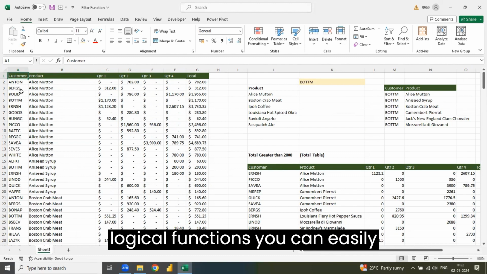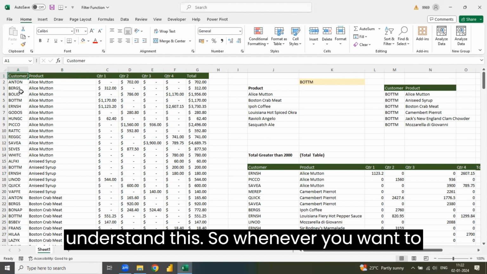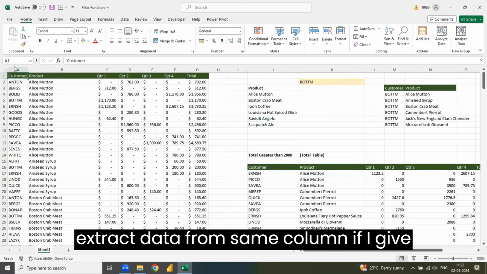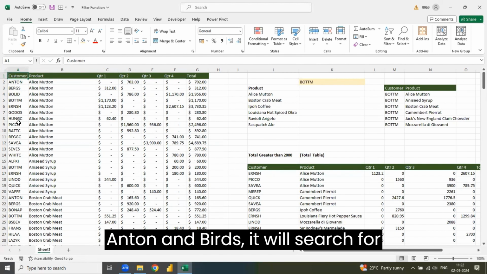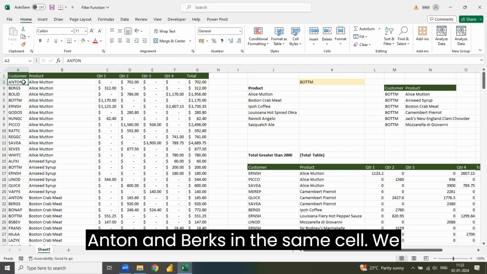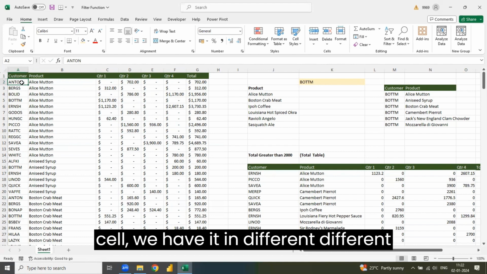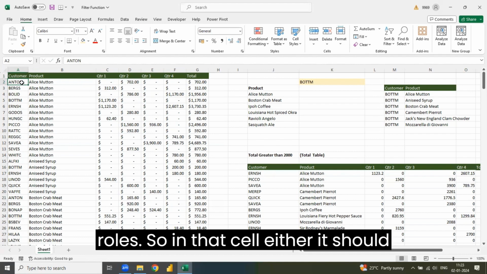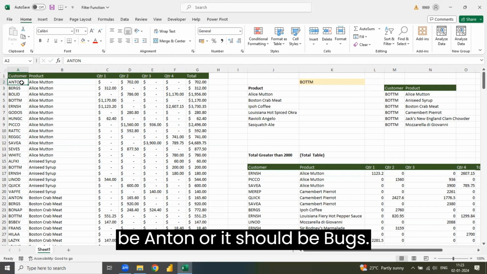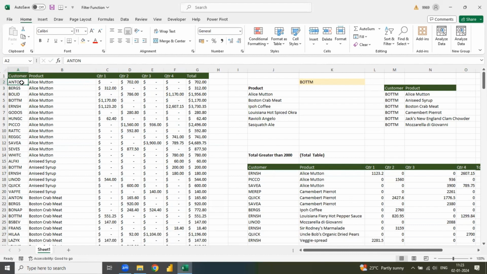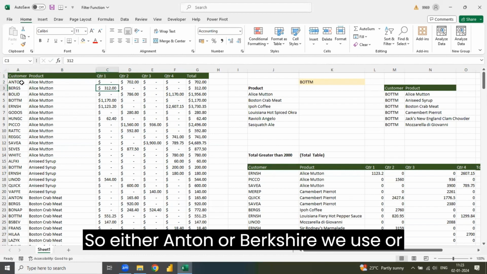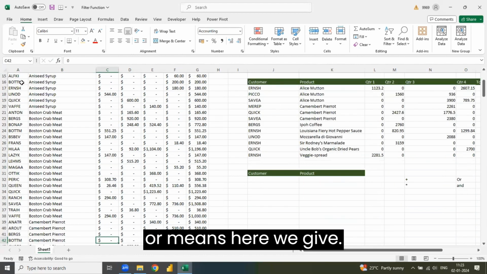If you know logical functions, you can easily understand this. Whenever you want to extract data from the same column, if I give Anton and Bergs, it will search for Anton and Bergs in the same cell. We don't have Anton and Bergs in the same cell. We have them in different rows. So in that cell, either it should be Anton or it should be Bergs. So we use OR. OR means here we give